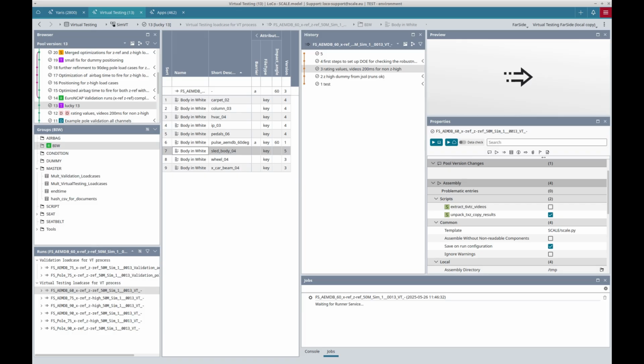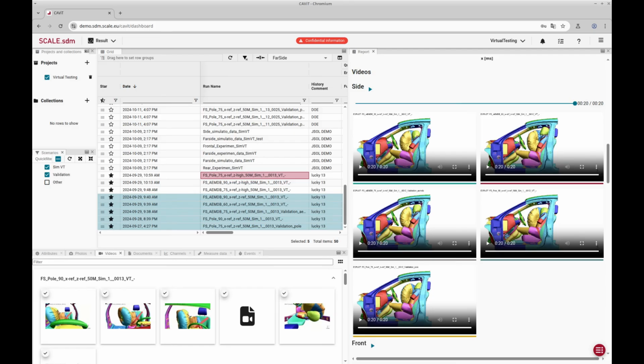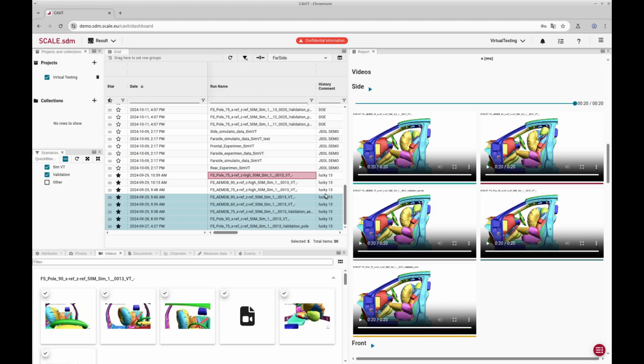So with this said, we can now continue with the result data. The SDM system also has a web client, which I'm showing right now, which has a view for working with the result data. This is the view that we have right now in front of us. It's similar but not exactly the same as the one for working with the input data. So on the left side, we also have some navigation windows and some filtering options. In the middle, we have again a grid-like view of the data that's available for us.